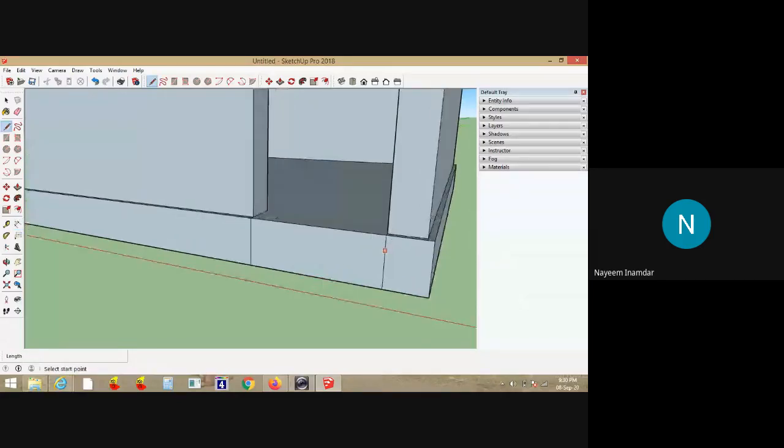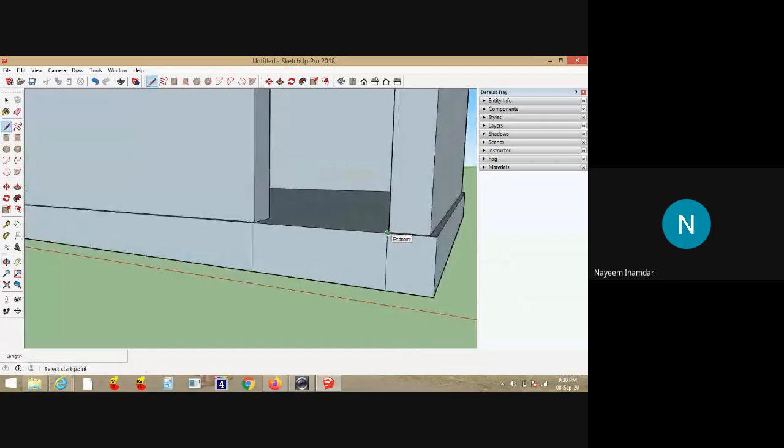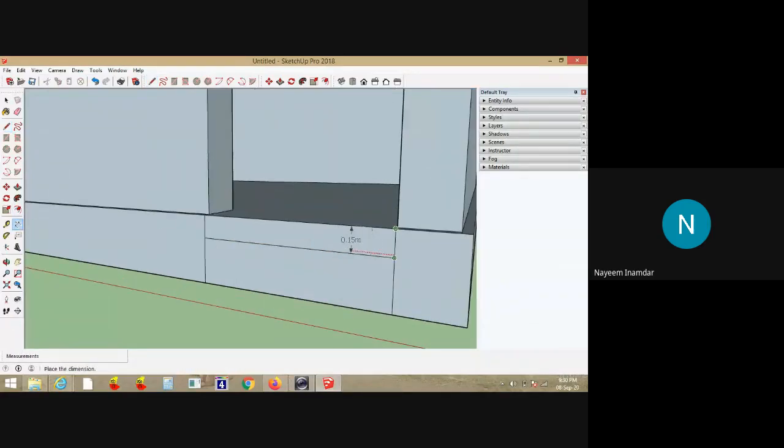I'll go to the line command L. I'll start somewhere here. Just I'll come down having the dimension of 0.15. Once again I'll move the cursor. Somewhere there is a point, means the line where it has end. There it shows it with the dot, that is end point. Usually it will be 15 centimeter. You can cross check it. 0.15. Yes, this is 0.15.